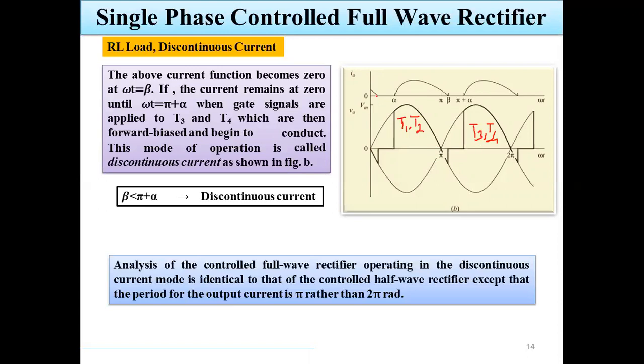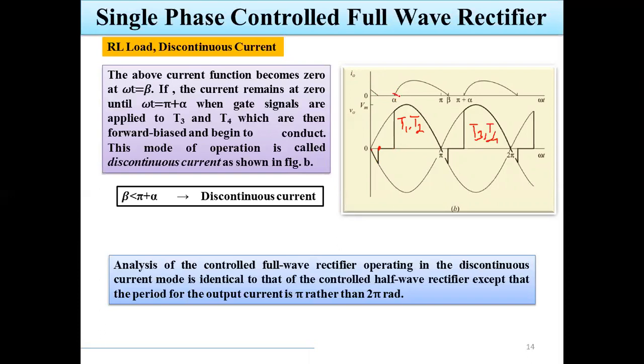And what about the current value? Here, if you observe, whenever the inductor has energy, it is fed back towards the source, or it is fed back towards the load also. Whenever it is feeding back, there is a negative peak up to some value, up to this point. After that, it comes towards zero magnitude. Here also the voltage and current are zero once thyristors T3 and T4 are turned off, up to this point.